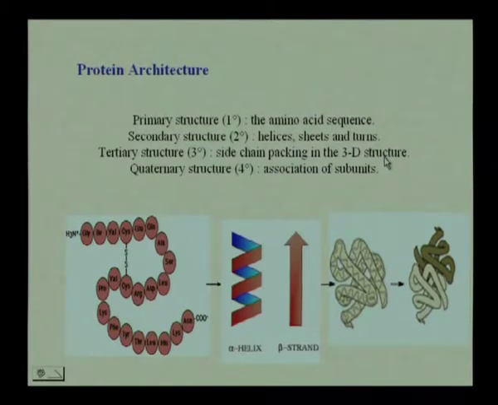This we will be doing later because we have to understand the interactions that go on into what is called the folding of the protein. Finally, we have what is called the quaternary structure of the protein, that is the association of subunits. So, I have here for you the primary structure followed by the different elements of secondary structure. Then we have the tertiary structure of the protein, and if you see this monomer subunit, it has associated with